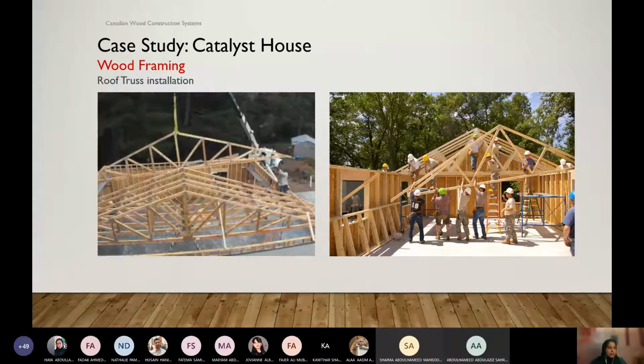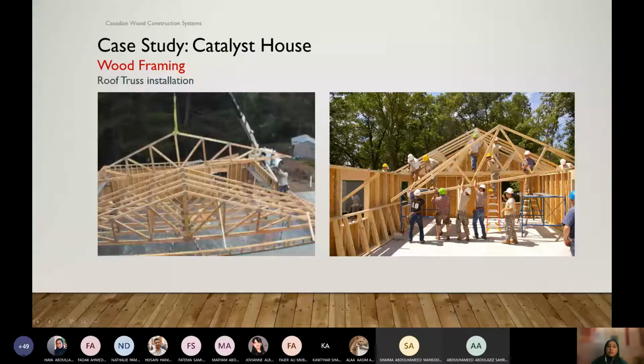Whatever design we give them, they can make those very strong trusses. Those are prefabricated. We make them in the factory and then deliver to the site, and with the help of cranes, we install them on top of our house.